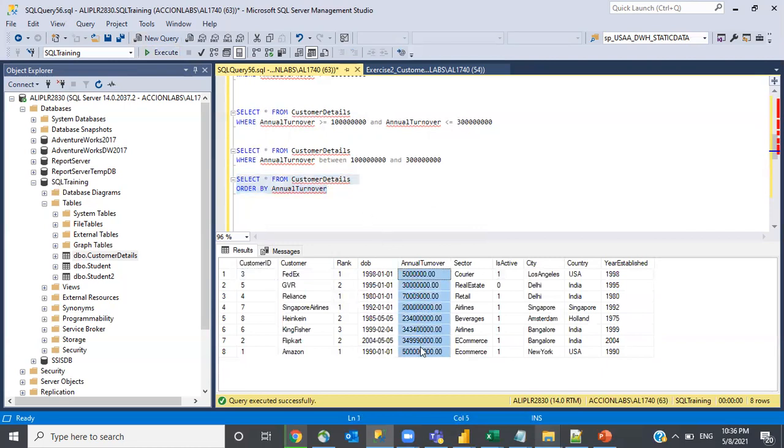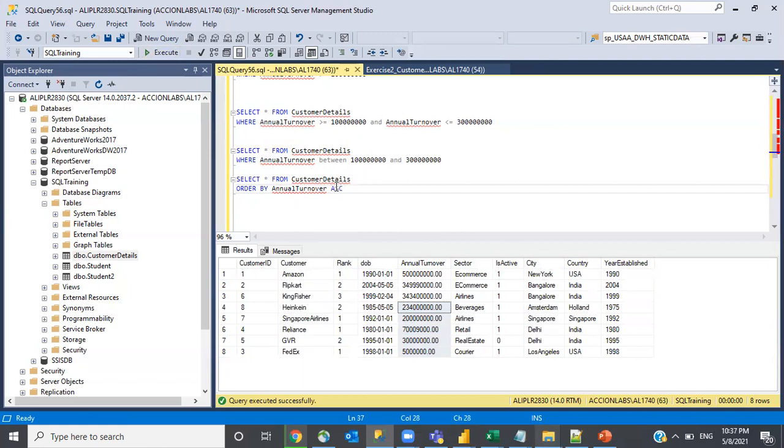Now you see it is showing in ascending order, but not in descending order, right? So when you want to specify that it should sort in descending order, you need to write DESC, descending, after the column. You see now it starts with the highest turnover, followed by the second, third, and the rest. Previously, we didn't write anything, but it still sorted in ascending format, right?